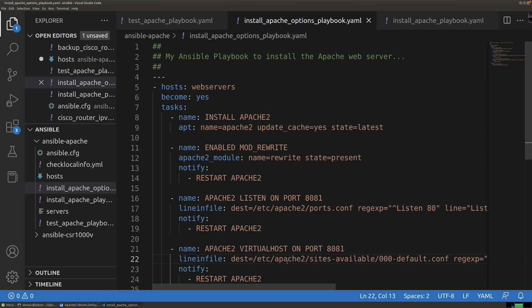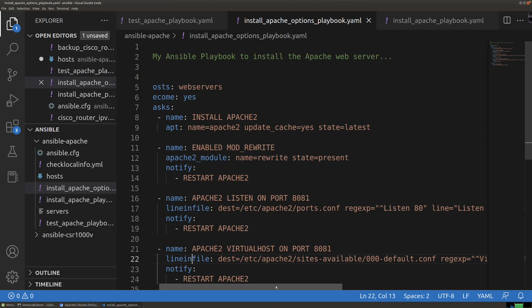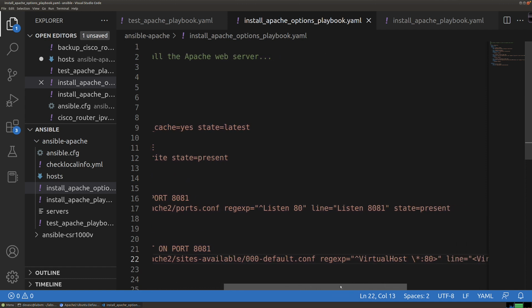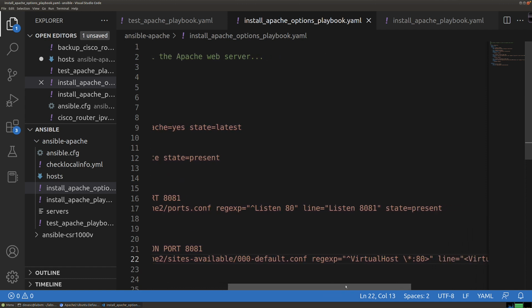Here was the problem, and maybe if you saw it, you might have been screaming at the screen when I was looking at things. I was thinking I had something misspelled. I was sure that something was misspelled here, and it wasn't that it was misspelled per se. It was I was missing a line, and it's right here where this regular expression is. What am I trying to match? Well, I'm trying to match virtual host when it begins at the start of the line. Well, here's the problem. What I left out was the beginning